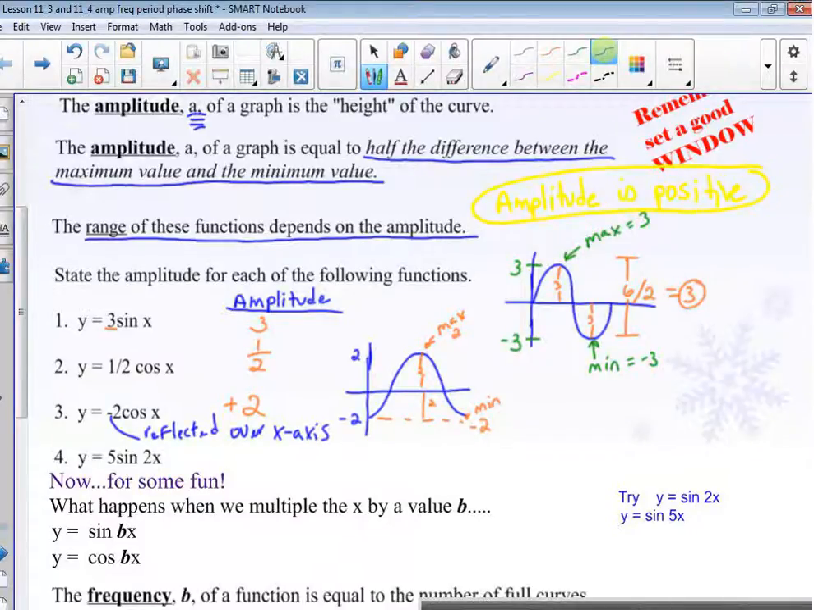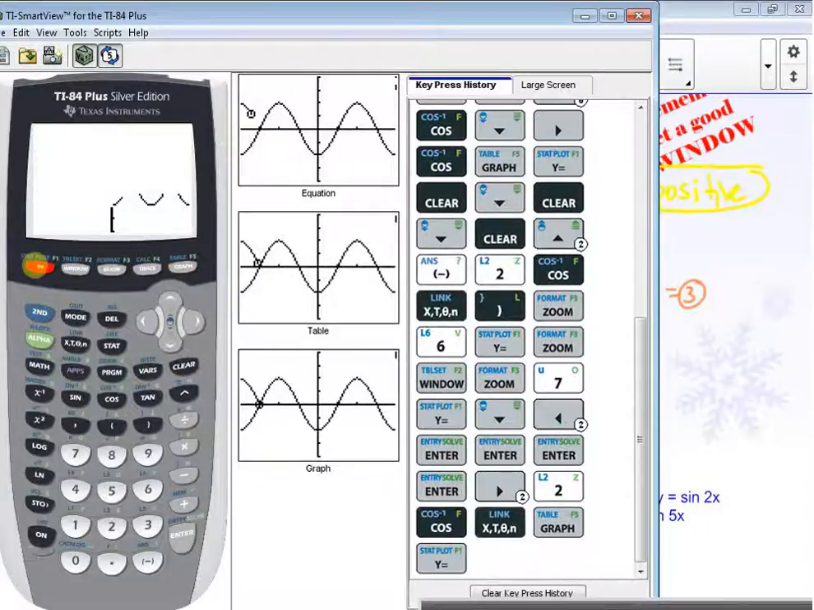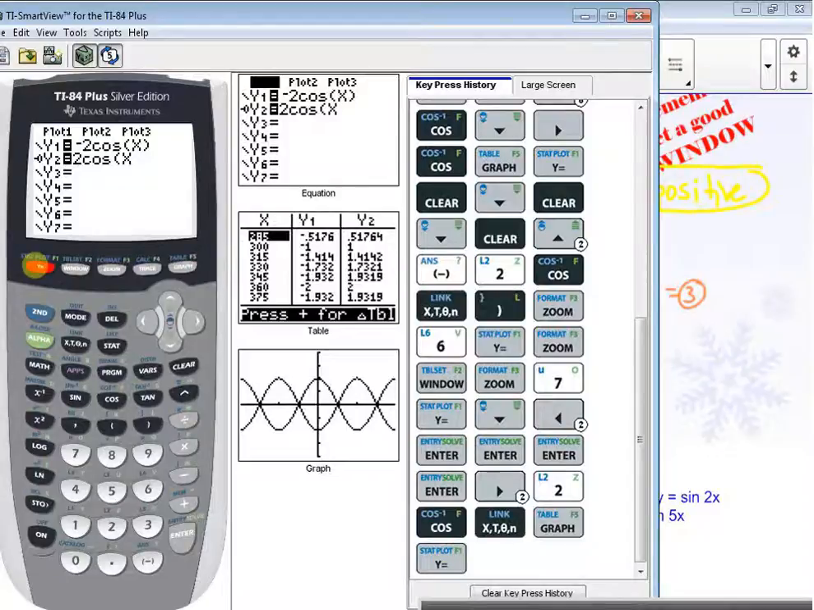Okay, so then y equals 5 sine 2x would also have an amplitude of 5, even if we changed the 2x. Go put that one in your calculator and you'll still see it goes a height of 5 and as low as -5. So if I do 5